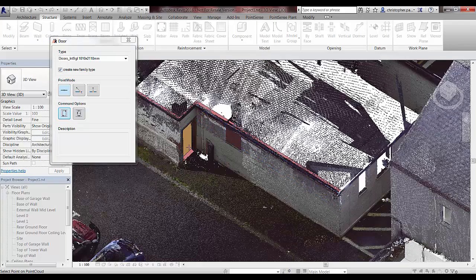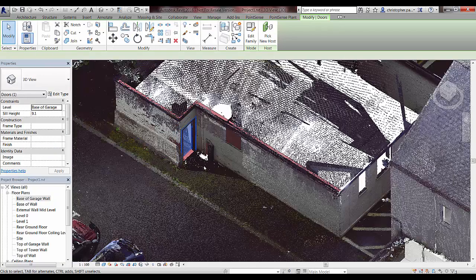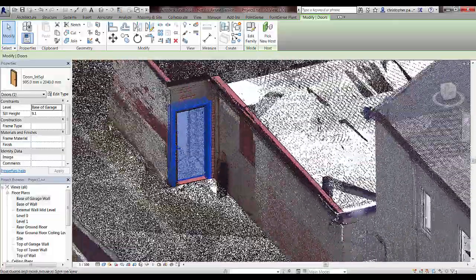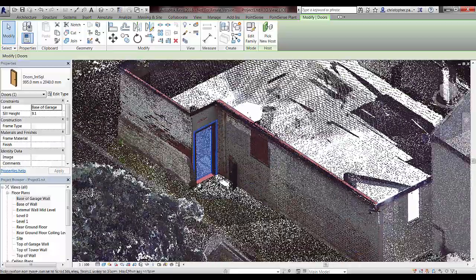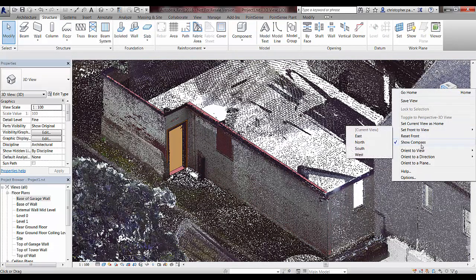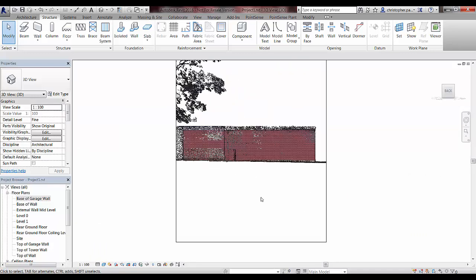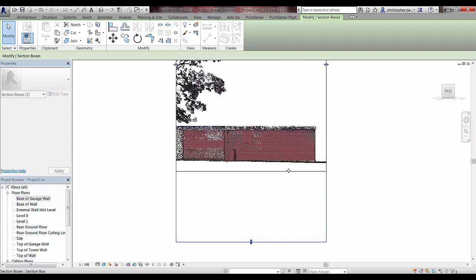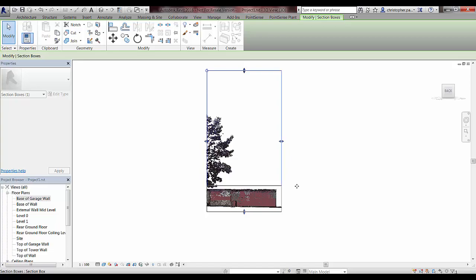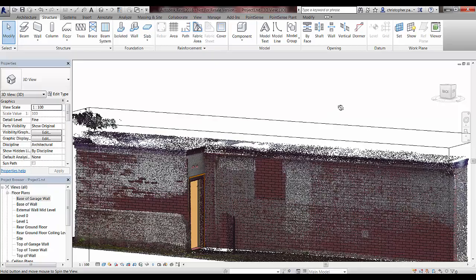If we go now through to Revit, you can see that has dropped a door in the correct position in that wall in Revit. See that there. So obviously we can use these same tools in Revit itself. We don't have to use VirtuSurv. So if we just drop into a 3D view of the section facing this particular garage wall, and I'm just going to crop this down so we can get a good view of it. We can also insert a window, for example, using point cloud picking in the Revit